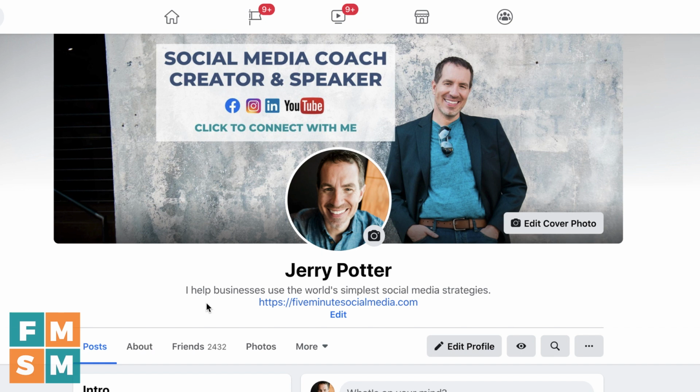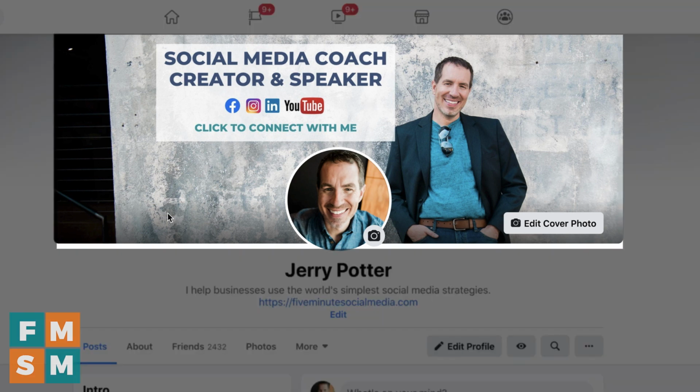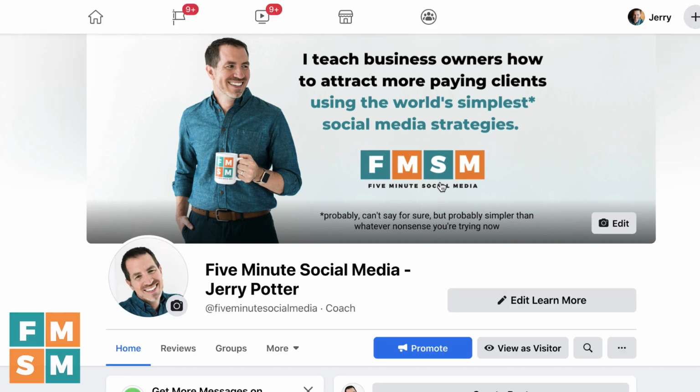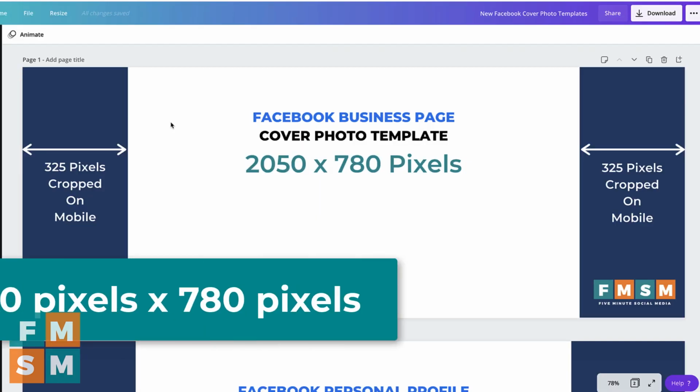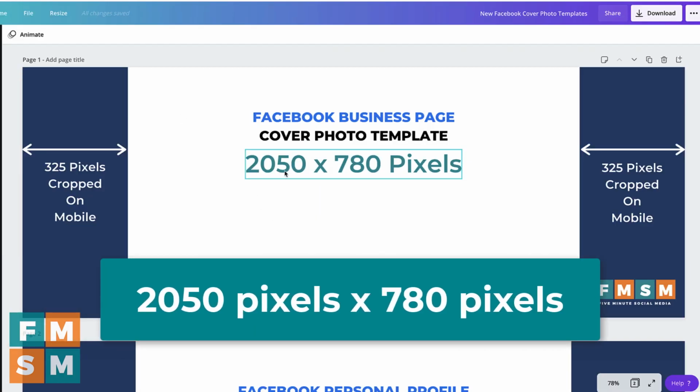Next, let's look at your Facebook cover photos. That's the big picture at the top of your profile or your page. And as of this recording, I'm yet to see Facebook release an official dimension size for these. But even the old size they gave us for what they're now calling classic Facebook was usually wrong. So let me show you what I've figured out with a little experimentation, along with some help from my friends at Canva. The ideal starting size is 2050 by 780 pixels,